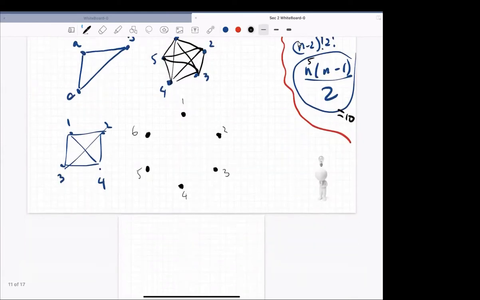So 1 is connected to how many people? 5 different people, right? So I've just accounted for 5 connections. So I want to count all of them. Now I go to number 2. 2 is connected to 5 people, right? Also, 3 is connected to 5 and so on. But when I get to number 2, I really need to account only 4 new connections, right? Because 1 to 2 is already connected.